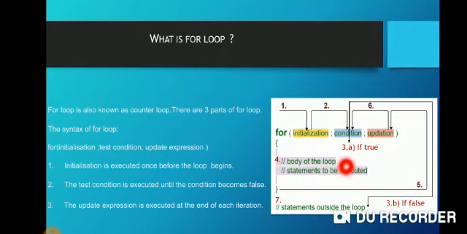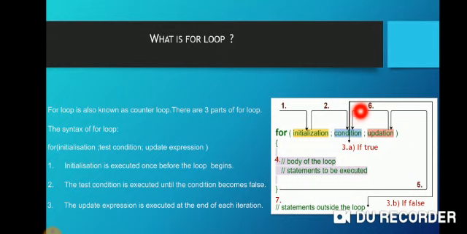But after it has been executed, we will go back and update the new value. Once the value has been updated, it will again check for the condition. If the condition is true, then again it will be executed, and so on. It will go for updation, it will check for condition, and then it will again repeat this process. But if it is false,